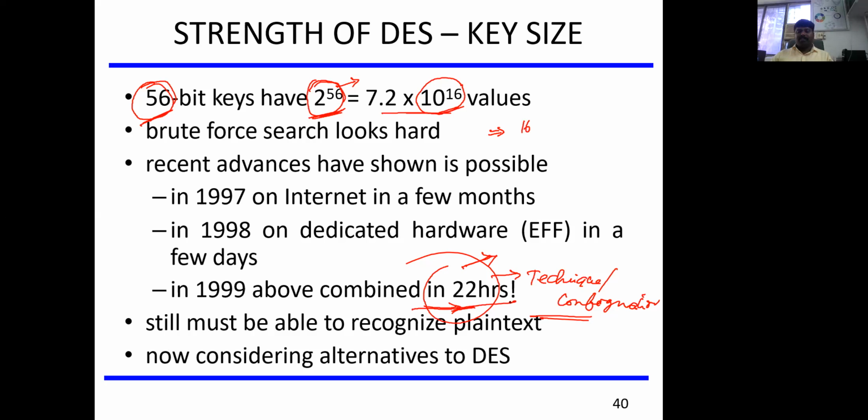So it was compromised in 22 hours. This is still not providing complete security, so we may think of alternate solutions through which we can attain security for secure transmission of block cipher techniques.